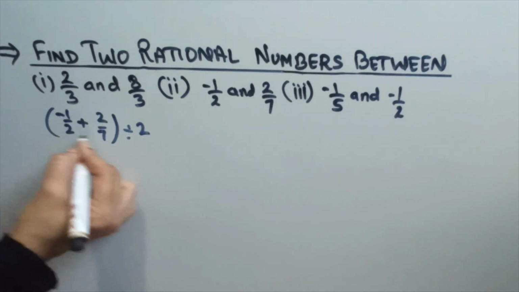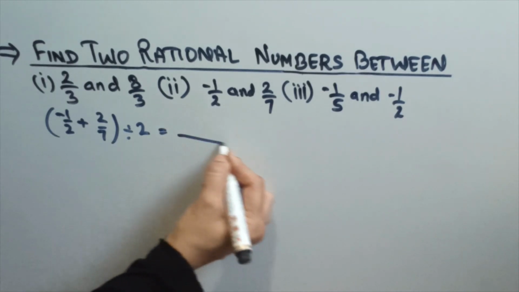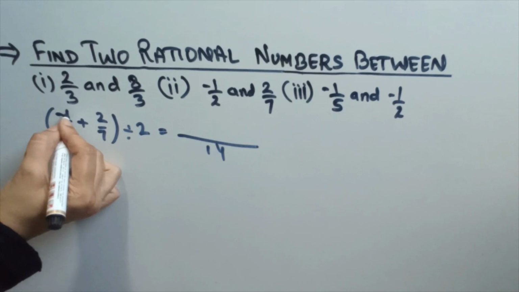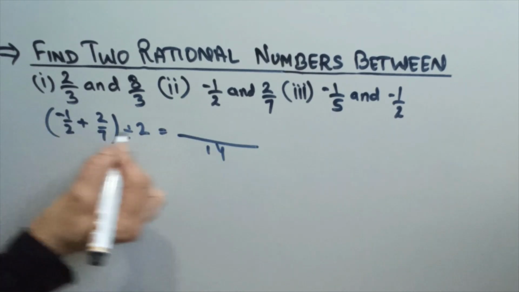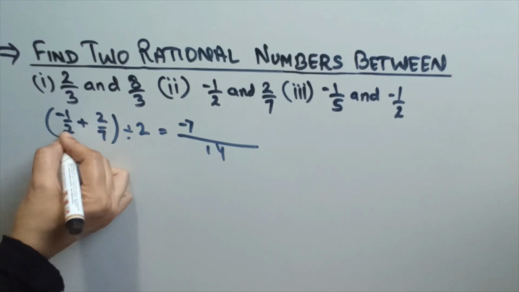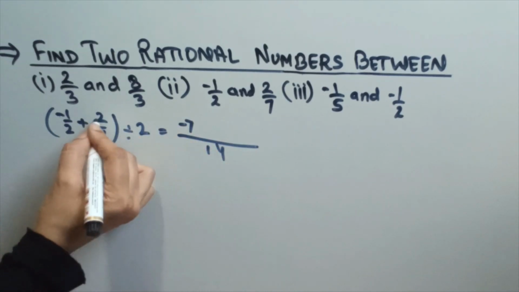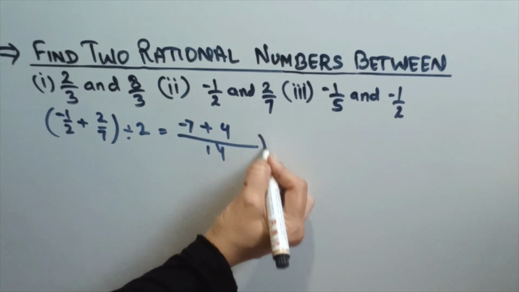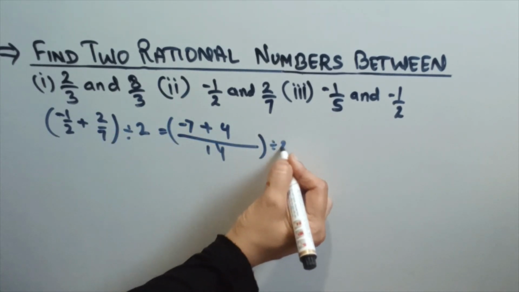As the denominator is not the same, I am taking the LCM. 2 sevens are 14. 7 ones are 7. Minus plus minus, so minus 7 plus plus. This 2 is also plus and this is also with a plus sign. So 2 twos are 4. Plus sign in between. This divided by 2 is equal to